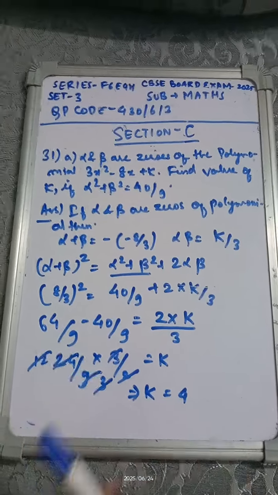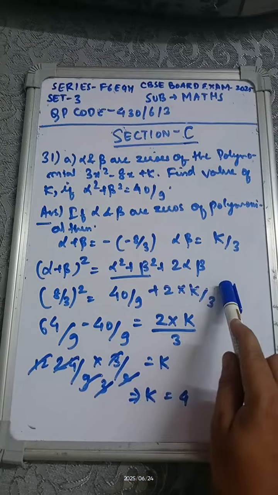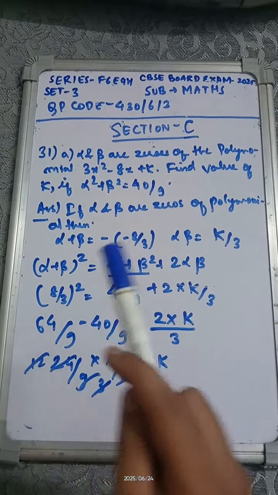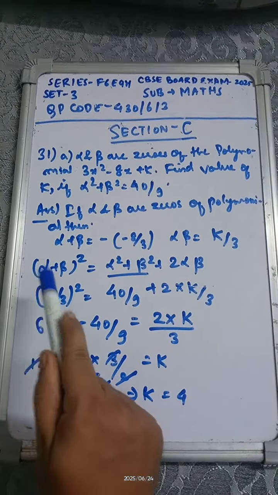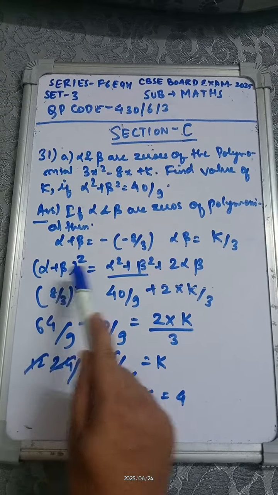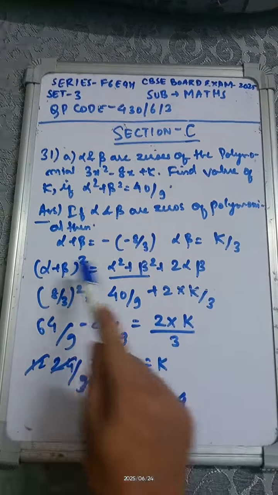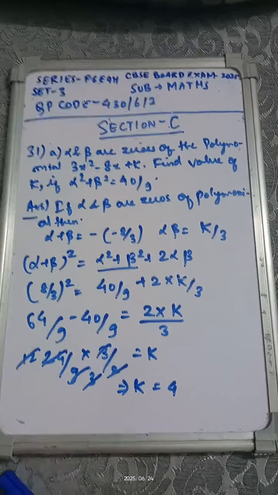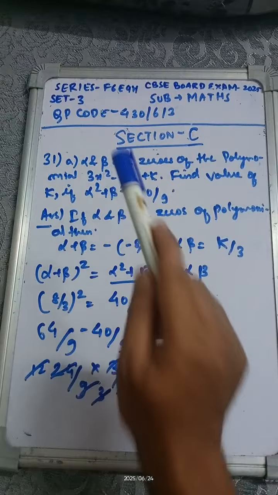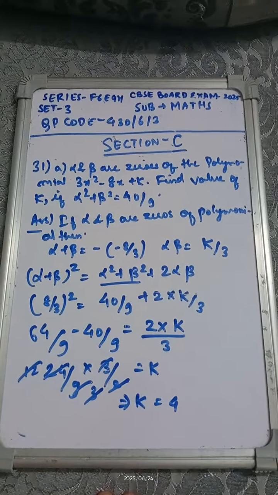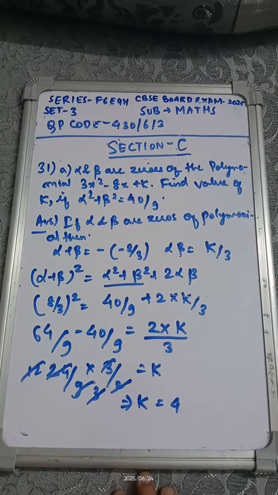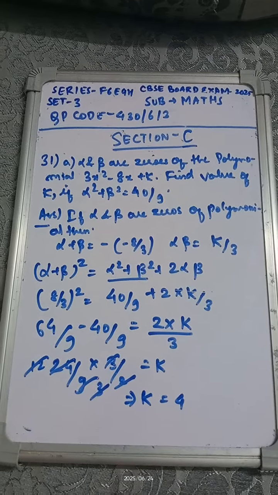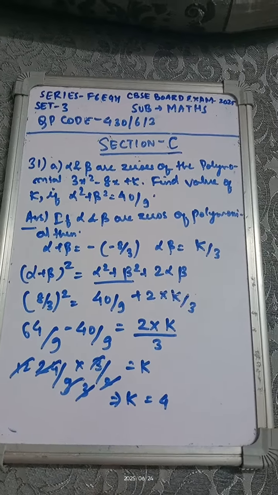Now why I have chosen this equation, or why I have solved through this equation, because this part gives us an idea that some way or the other there is a point where we need to use alpha plus beta, alpha beta, because these are the key ideas which are given after if we are getting a quadratic equation in the question. And in order to support this fact, alpha square plus beta square is also given. To the people who are solving some question where x square plus y square is given, there are chances that x plus y whole square can be used in the question for the solution. Okay, thank you.